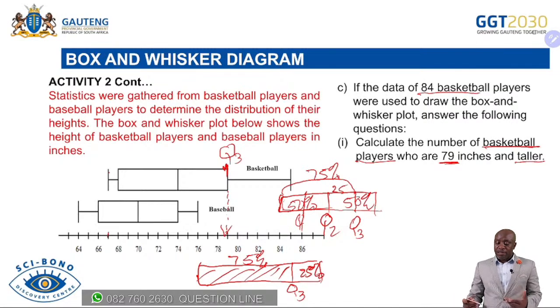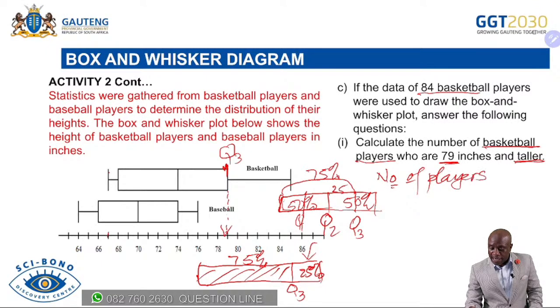Now, above means more than. And when we relate to the data that we are given there, when you're saying taller, if somebody is taller than 79, that means they are more than 79. So that means they are above the 79. So looking at our percentage there, 25% of the values here are more than the Q3, and our Q3 is 79. So therefore, the number of players more than 79 will be 25%, which is 25 over 100 times the number of